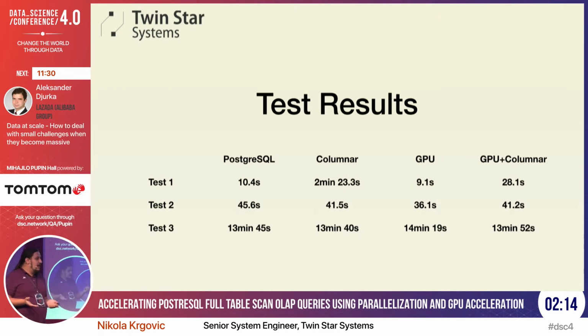Now, this is a science conference, so we wondered why this is happening, and we went into the data and came to the following conclusion. When you do a full table scan on a GPU and then want to join that data, that doesn't work. Your GPUs can do full table scans, but when they need to do a join, they need to pull that data and move it back through the bus into the main CPU of the system, and then feed the main memory, and the main CPU is the one doing the actual join, which is definitely non-optimal,